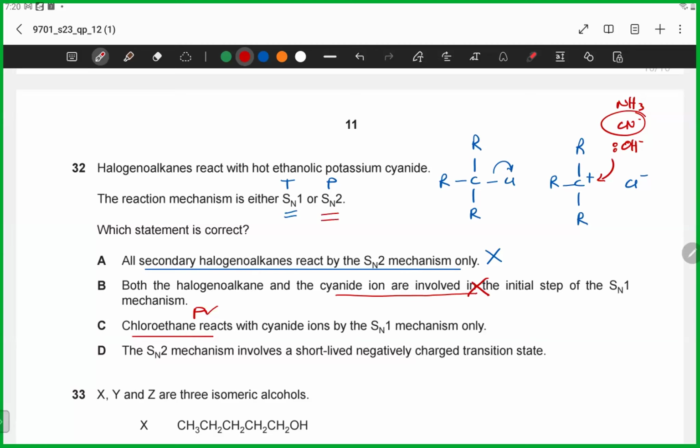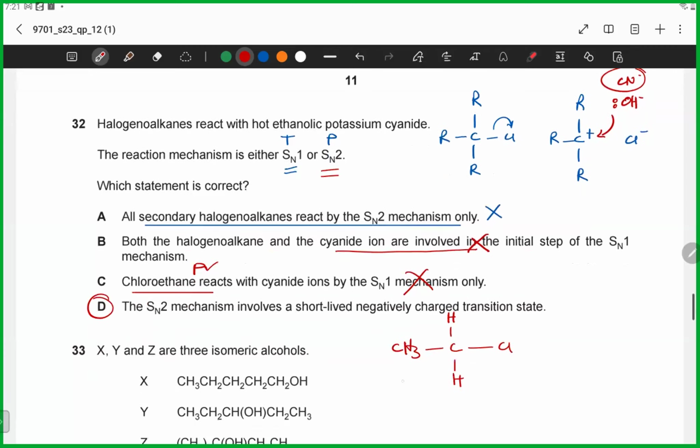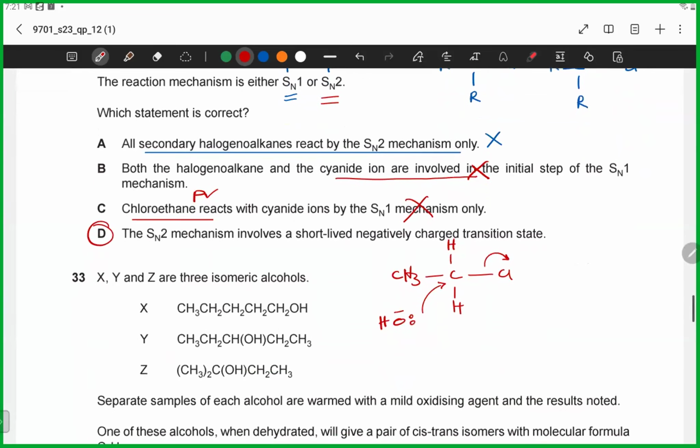So SN2 it's wrong. तो हाँ ये रॉन्ग है, ये ठीक है। SN2 में यही होता है कि इफ इट्स प्राइमरी जैसा क्लोरोइथेन है, तो व्हाट हैपेंस इज कि एक टेम्परेरी ट्रांजिशन स्टेट बनती है क्योंकि OH आयन डायरेक्टली अटैक्स करता है। तो सब कुछ एक ही टाइम पे होता है, OH आ रहा होता है, Cl जा रहा होता है, ठीक है। सो इट डज फॉर्म अ ट्रांजिशन स्टेट, ठीक है।